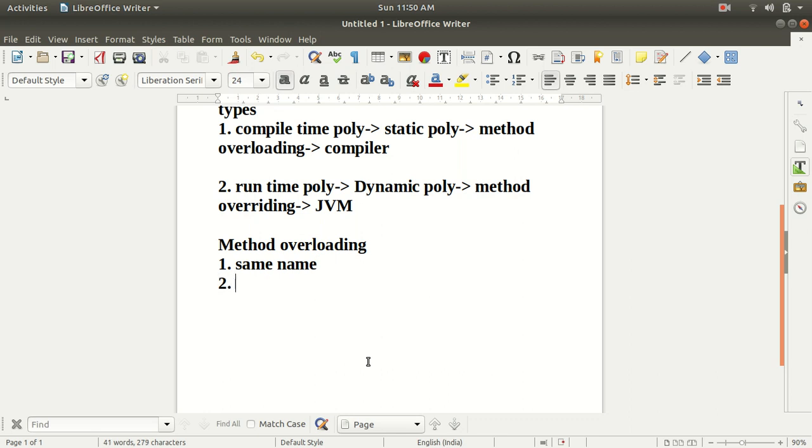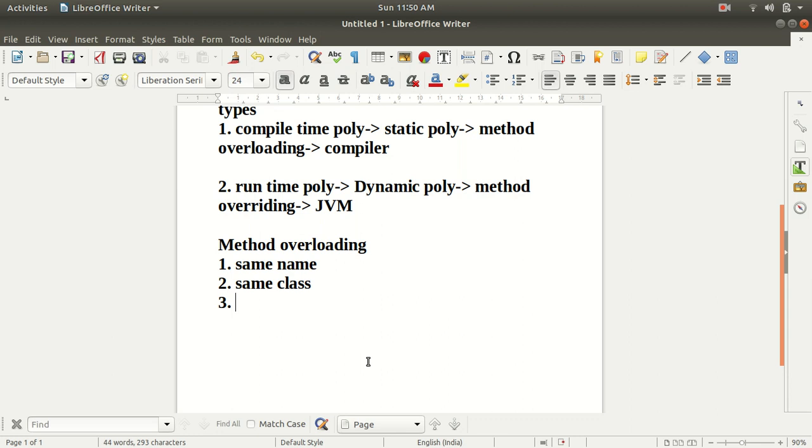Now the second rule is that all the methods should be present inside the same class. It means all the methods we want to overload must be present inside a single class.